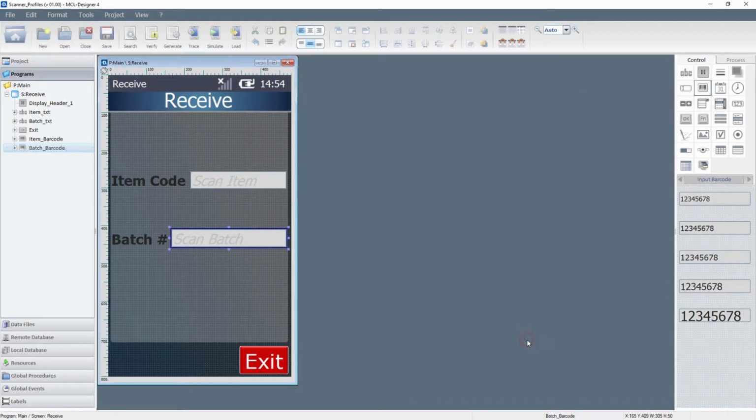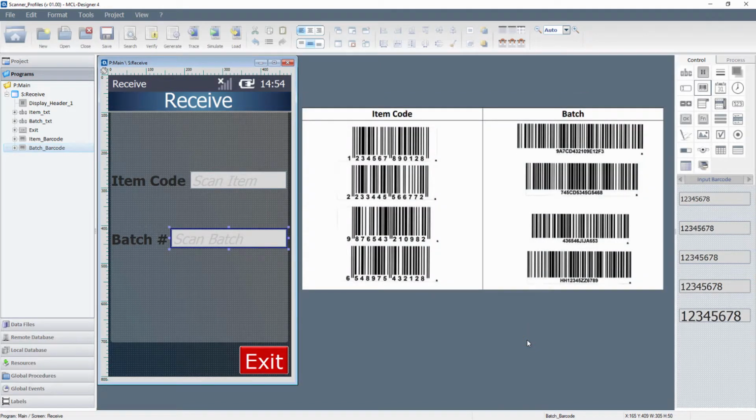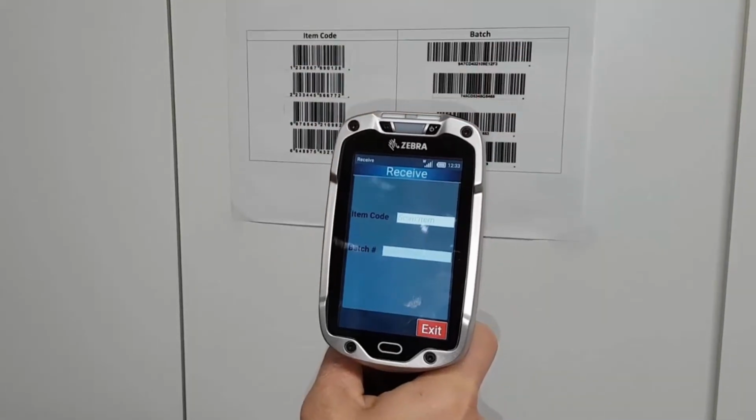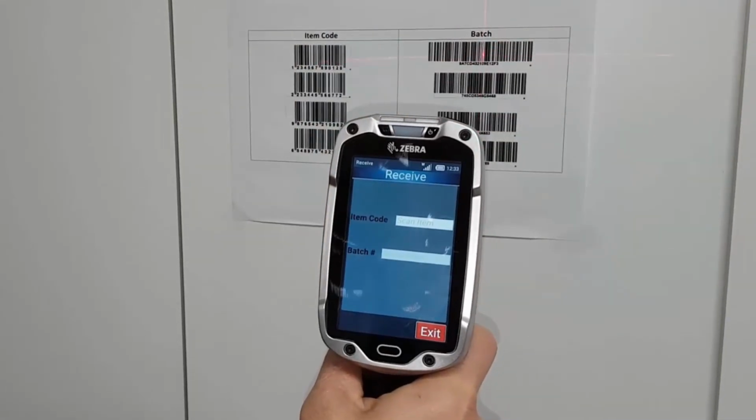The necessary barcode scanner profiles have been created, so it is now possible to capture the barcodes for the item code and for the batch number. As you can see in this short video, there is a sheet with the two barcode types, EAN13 and code 128. The operator is trying to scan the batch's barcode with the code 128, but the application is expecting to